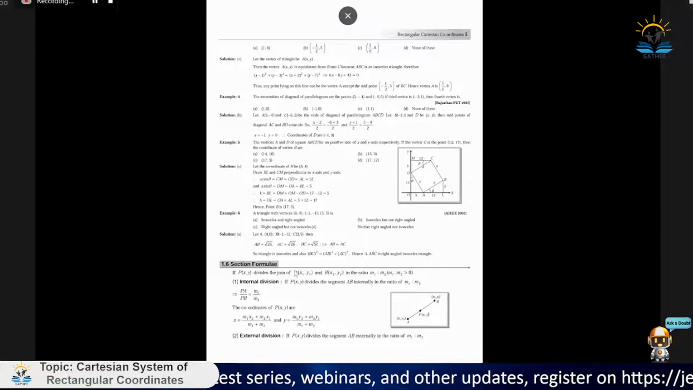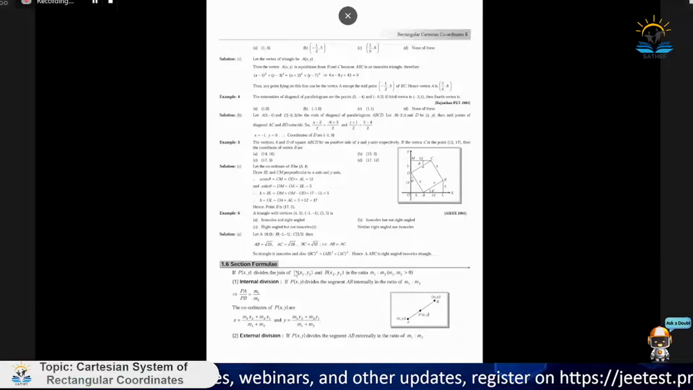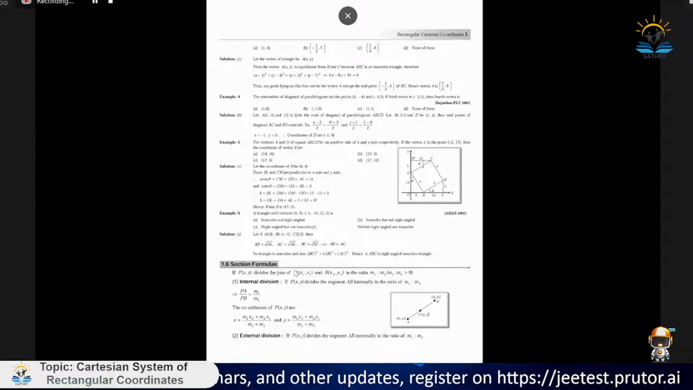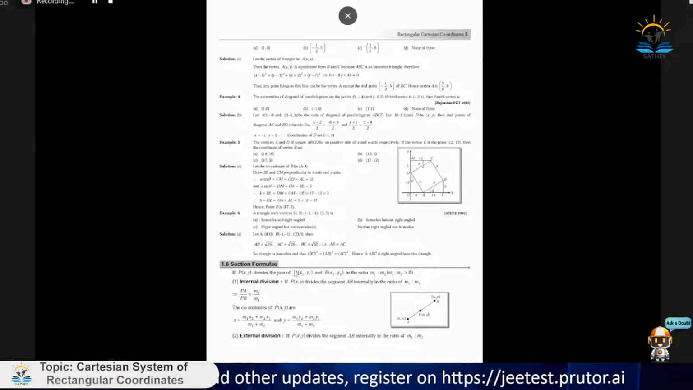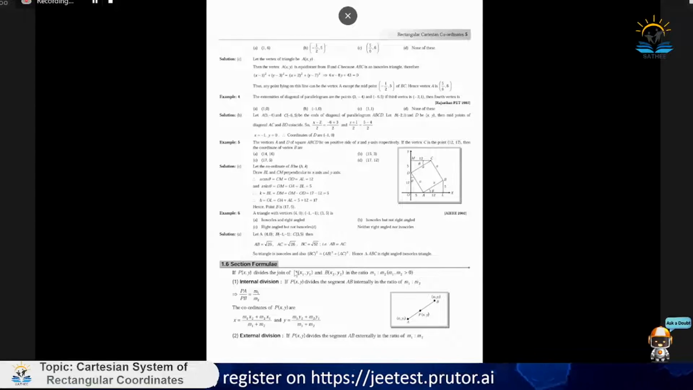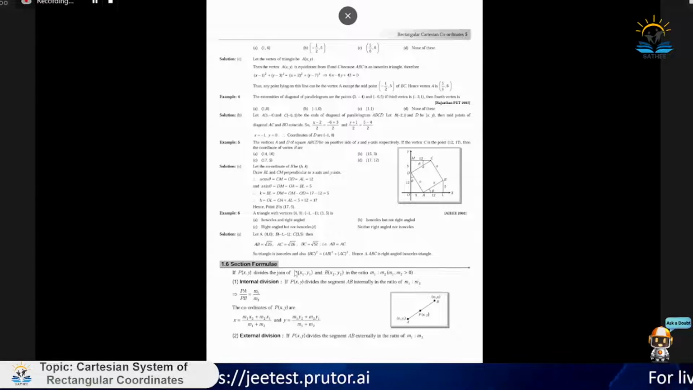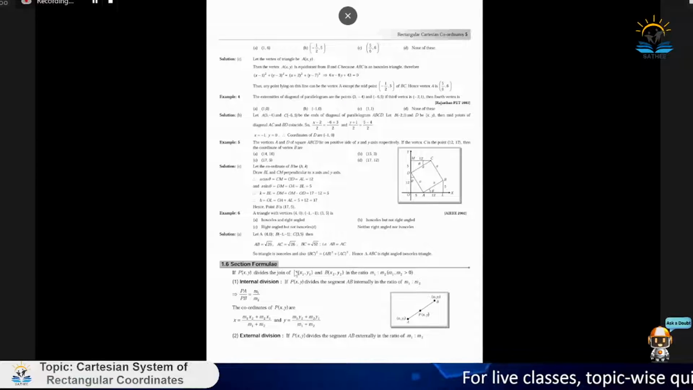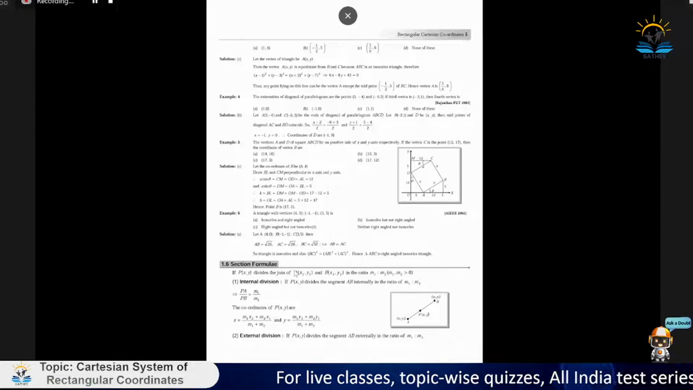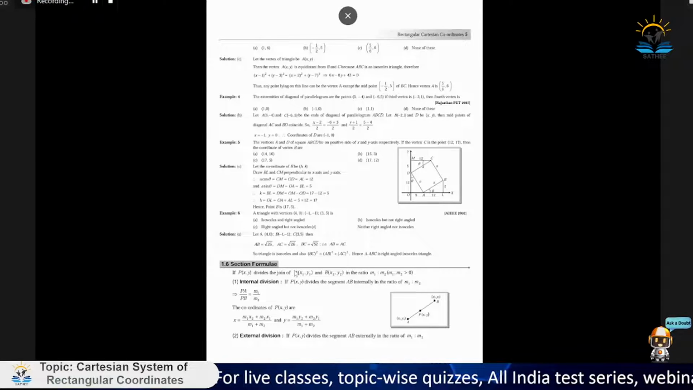So what is a section formula and what do we get from that? Here, if we have two points in space, A and B, with the coordinates x1, y1 and x2, y2, and you have a point x, y which divides the line segment formed by these two points in the ratio m1 is to m2, and clearly m1, m2 are greater than 0, then there are two types of division. If the point lying on the line segment internally divides it, then